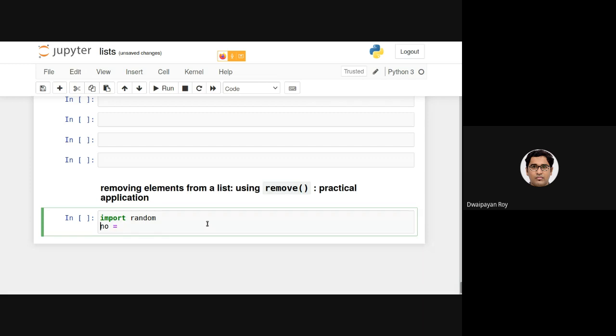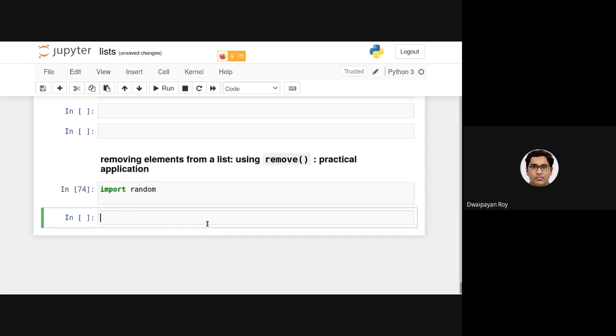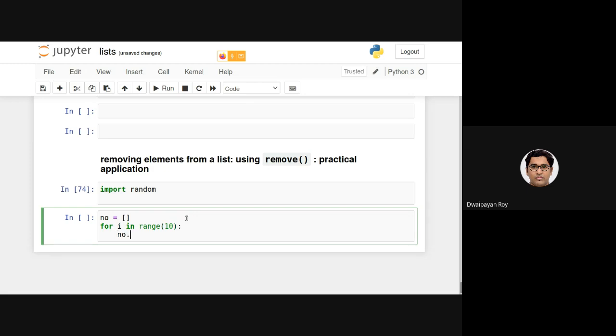And then if I actually want to have a list of say 100 integers, so for i in range 100, first of all, we need to have a list, say no, initialized as null. no.append. What we need to do is call the randint function, random.randint. We need to specify the range. If I want to specify from 1 to 10, including them, it will be generating random integers in the range from 1 to 10.